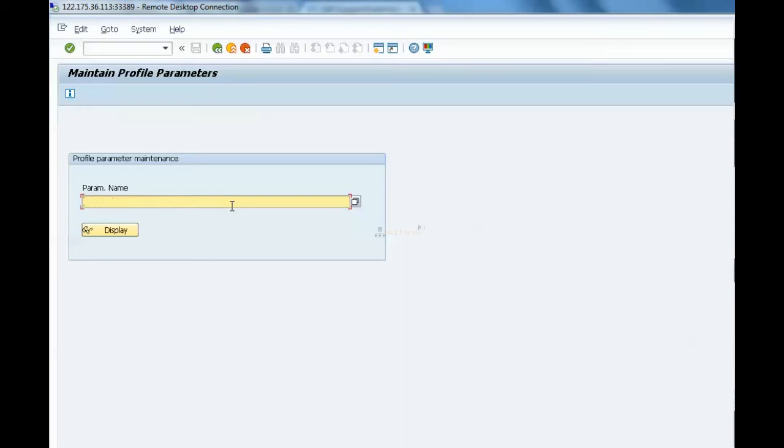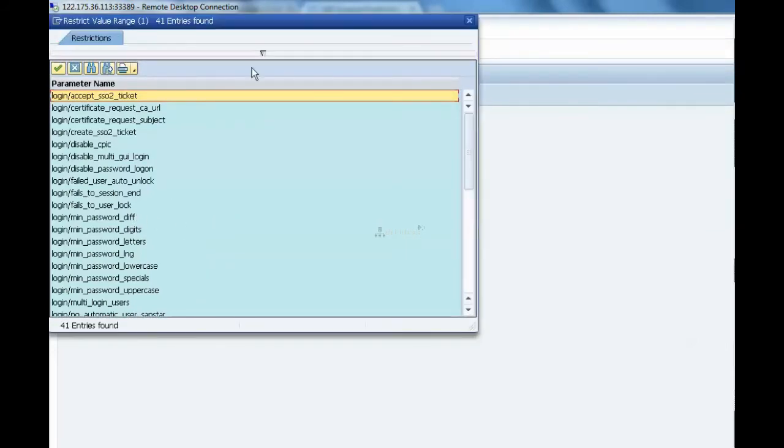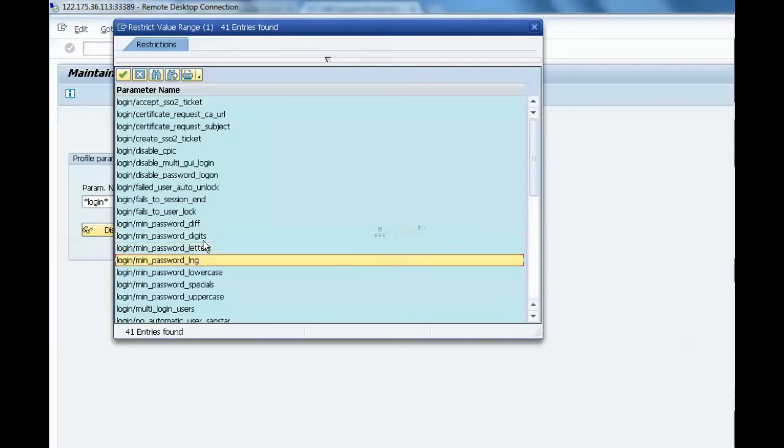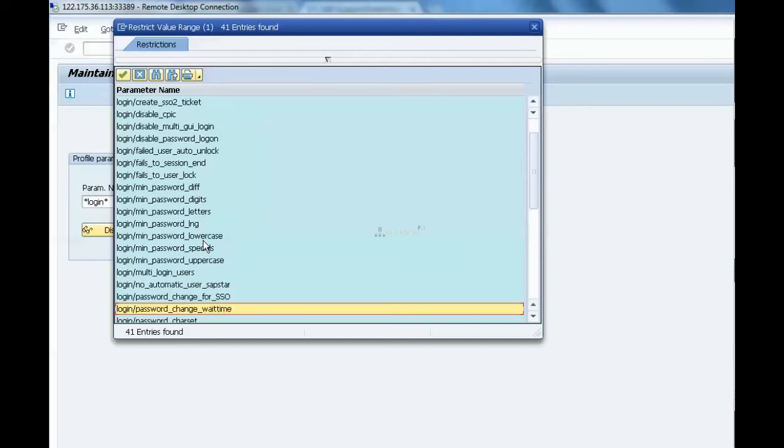There are so many parameters for password related settings. Password digits, letters, length, how much length is required, whether lower case, special characters or upper case are required, and whether multiple logins by users are allowed.